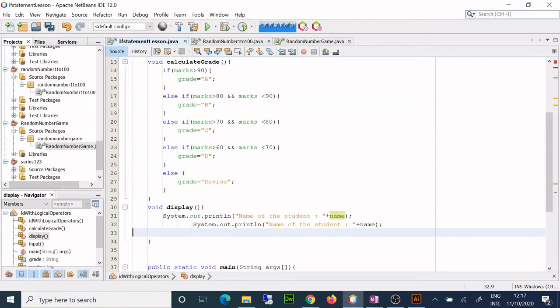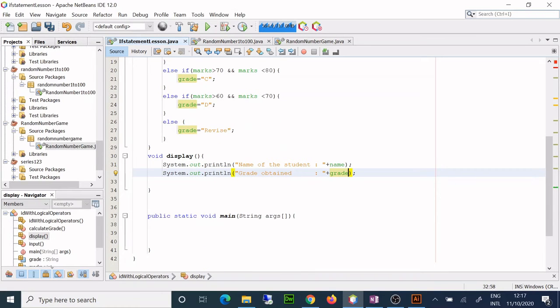Copy. Indentation is very important, so it looks nice and easy to read. And I'll say grade obtained, and I'll write the grade here. Okay, this is done.